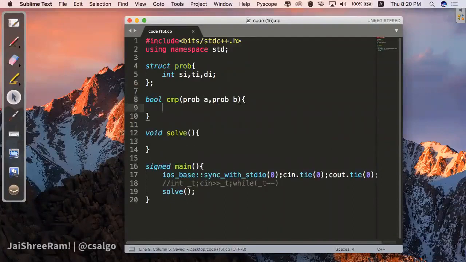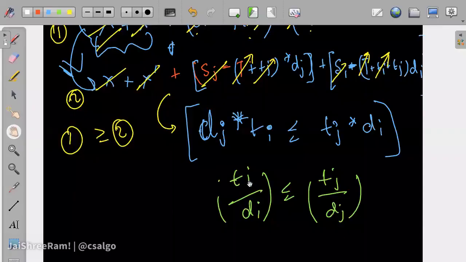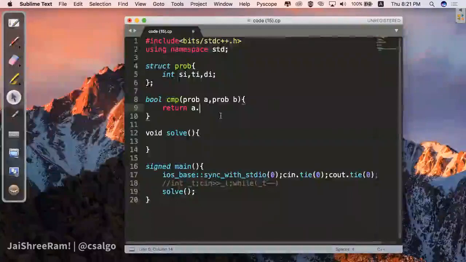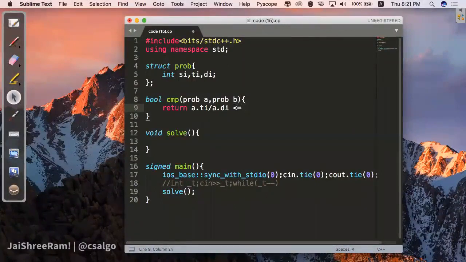So in that particular case, you need to return A dot T of I by D of I should be less than equal to T of J by D of J, right?